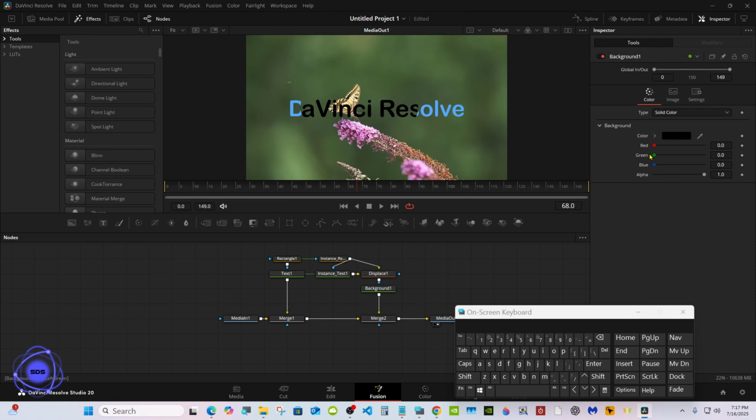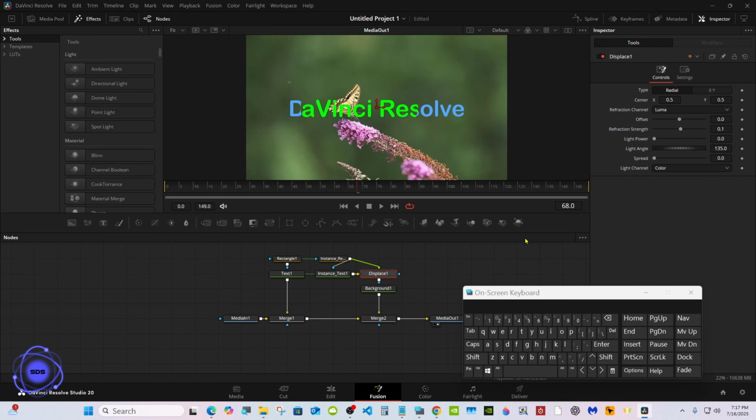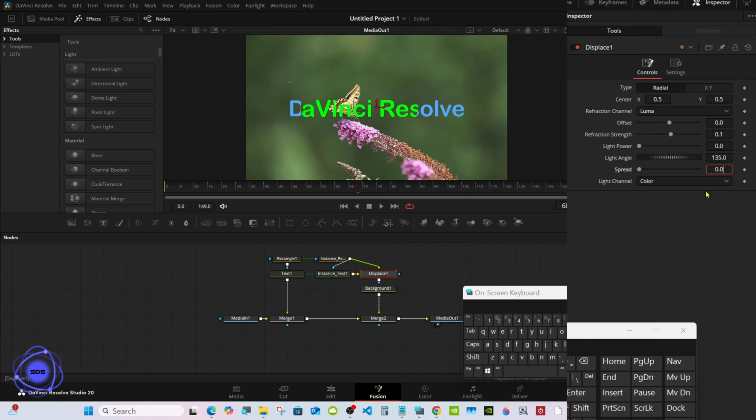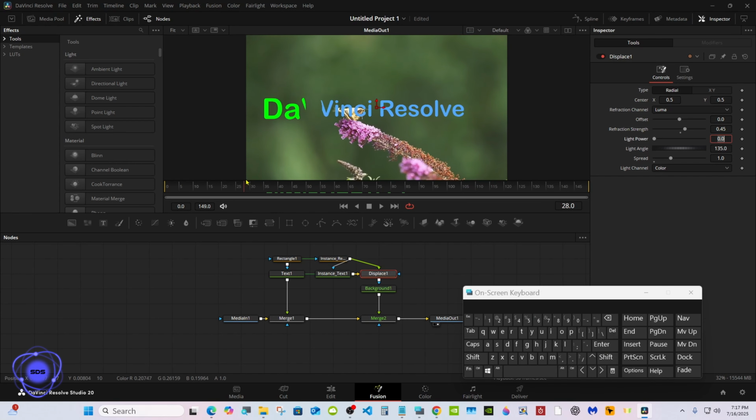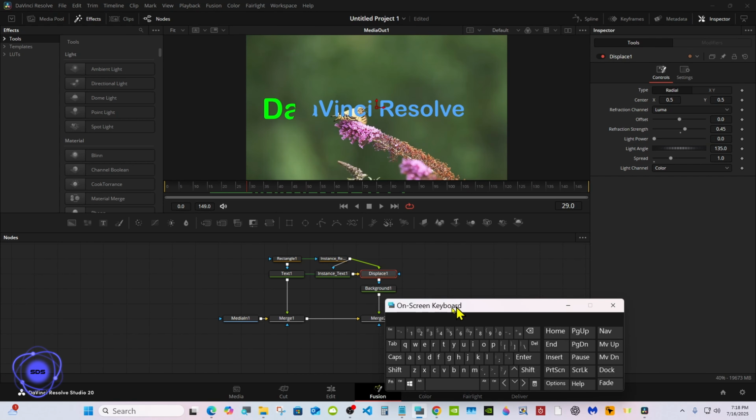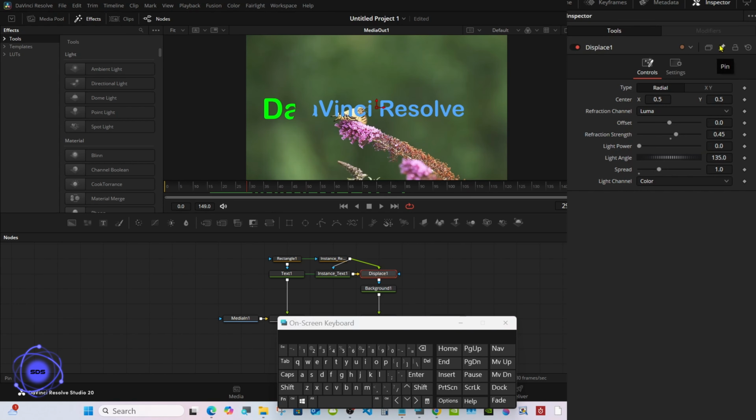Pick a second color and select the displace. Set the speed to 1.0 and the refraction strength. I'm going to set my default to 0.45. And if you go to the left or the right, you'll see an empty spot there where it's not lining up. Select the displace, pin it,